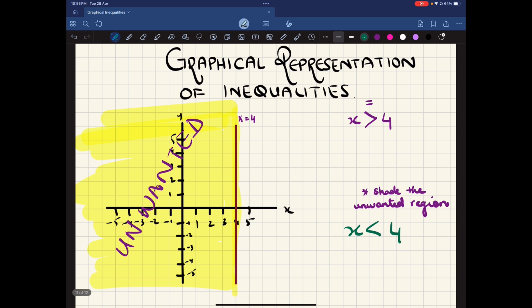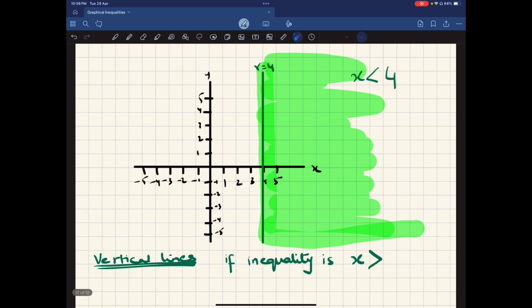So which region is wanted? The region to the right of the line is wanted. The wanted region is on the right,